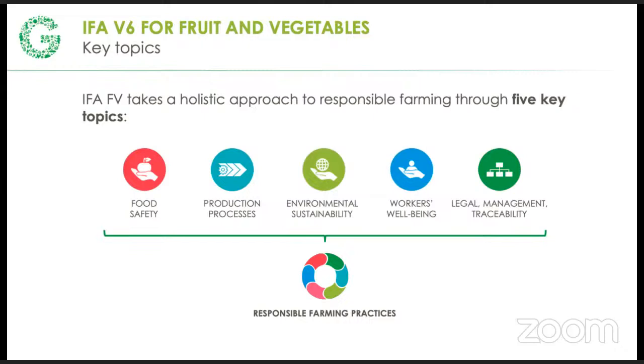Global Gap tries to cover that. And so we said Global Gap because that's the body. But in terms of the actual framework they use, they call it IFA. That's Integrated Farm Assurance Program. So that's the actual certification program that they use. And there's been several versions of this. We are at version 6 as of now. I'll be talking a little bit about that as we go.